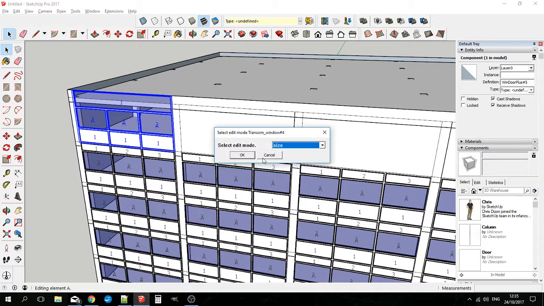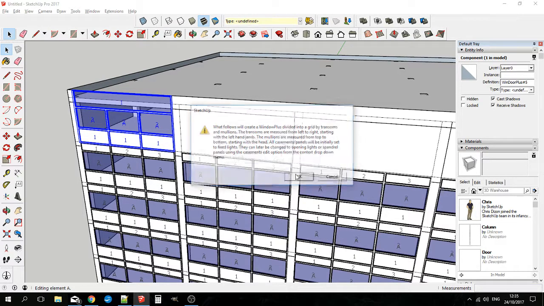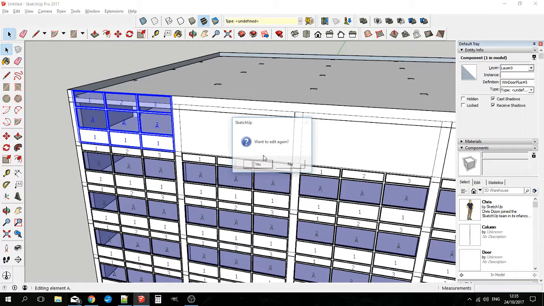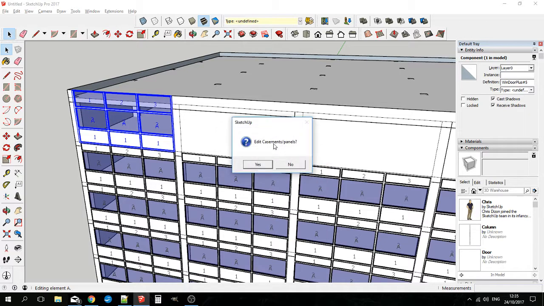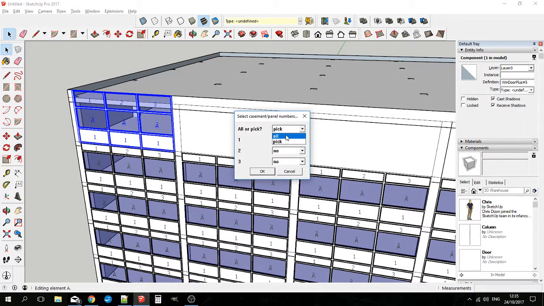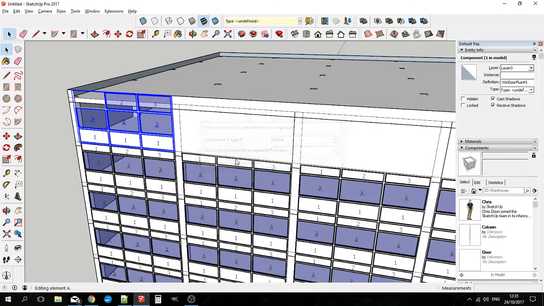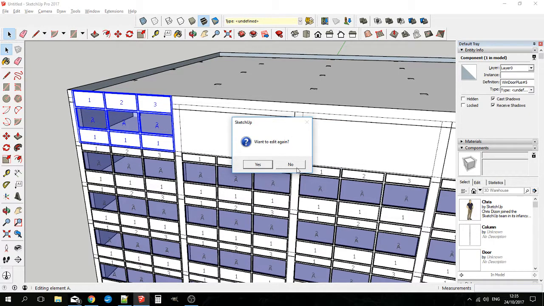And it's asking me about the transom window now, and I want to split that into 3, the way I've been doing it up to now. And I do want to edit it again. Yep, I want to edit the casements. I want to make them opaque. So that's that done.